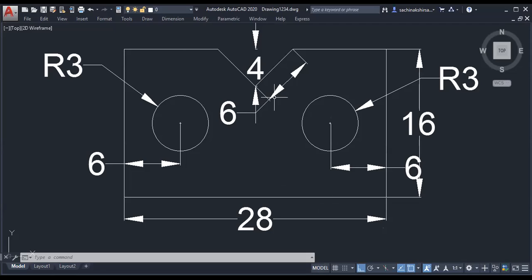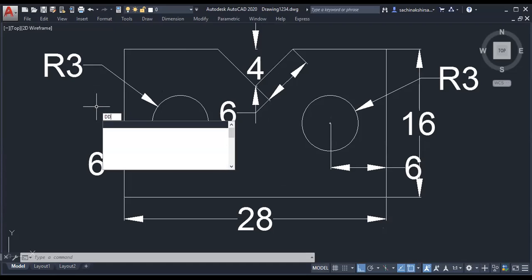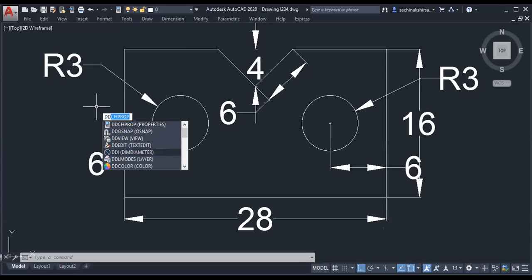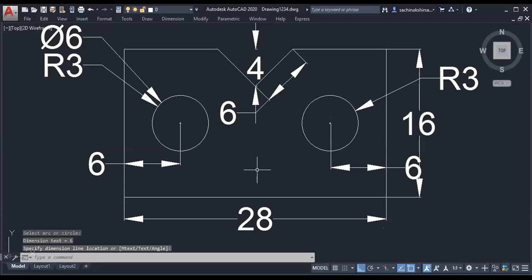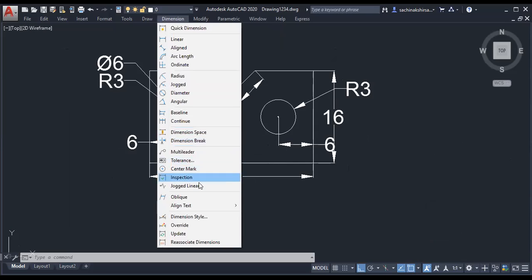After that, depth, linear, aligned, then radius and diameter also you can show. So here R30. Either you can use radius or diameter. So likewise, its radius is 3, means its diameter is 6. Okay. And finally arc and angle also you can show. Angular dimension, angular. Whatever dimension you want, you can select from this.